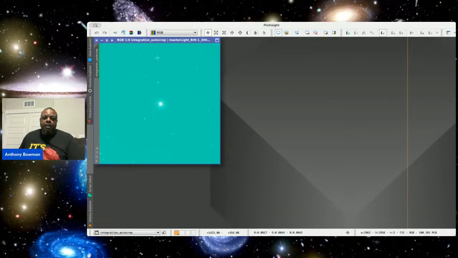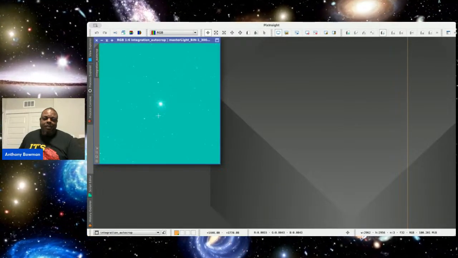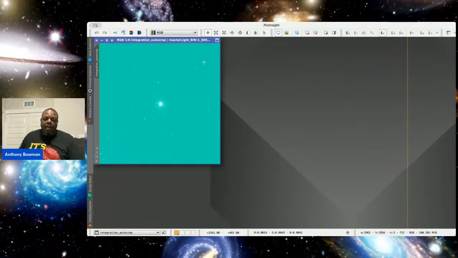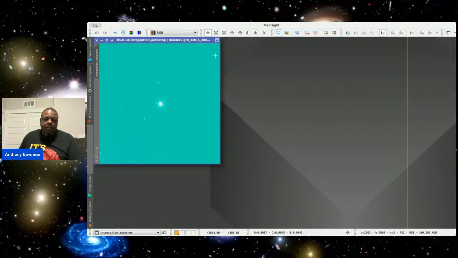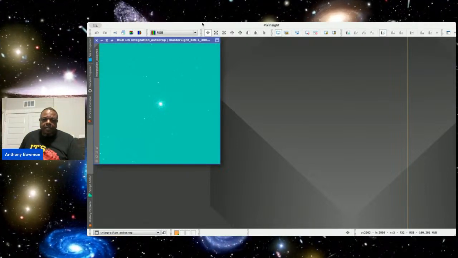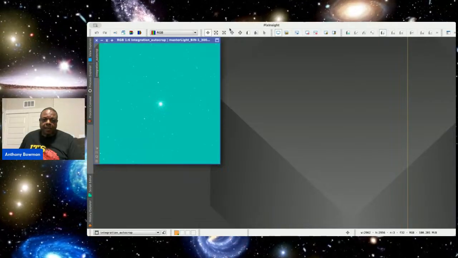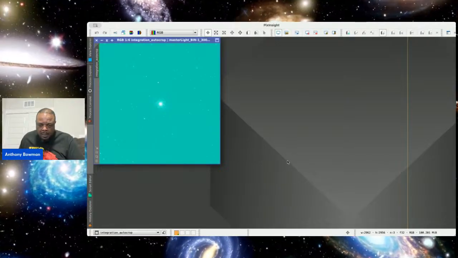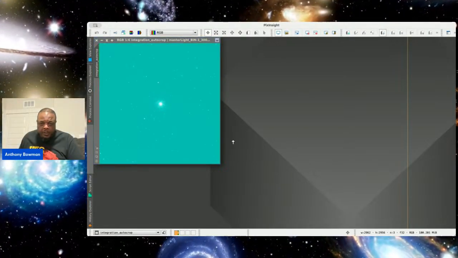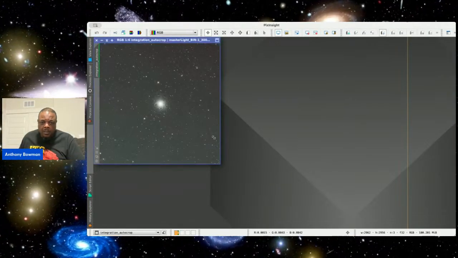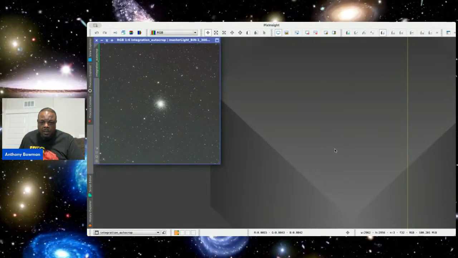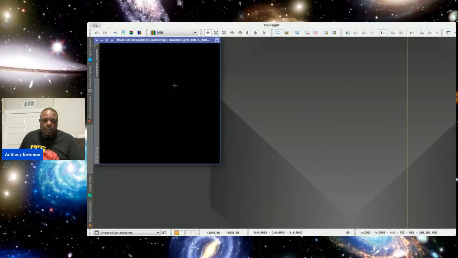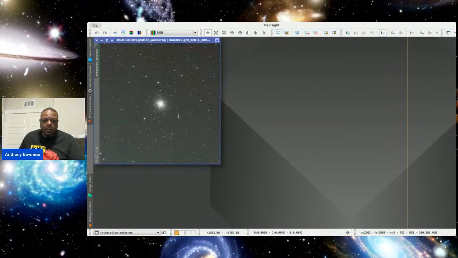Okay, this is the picture after it's been stacked, and this is why you have to edit when everything comes together. I don't know why in this program it gives this green tint, but that's easy. We'll get rid of that so you can actually see what the picture looks like. So we'll go into what's called screen transfer function and turn this auto stretch off. So now we have a stretched picture without the green.